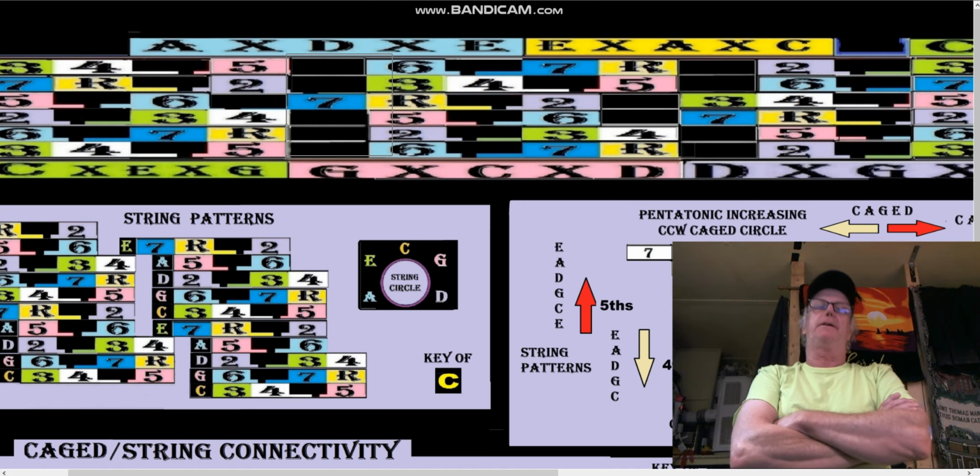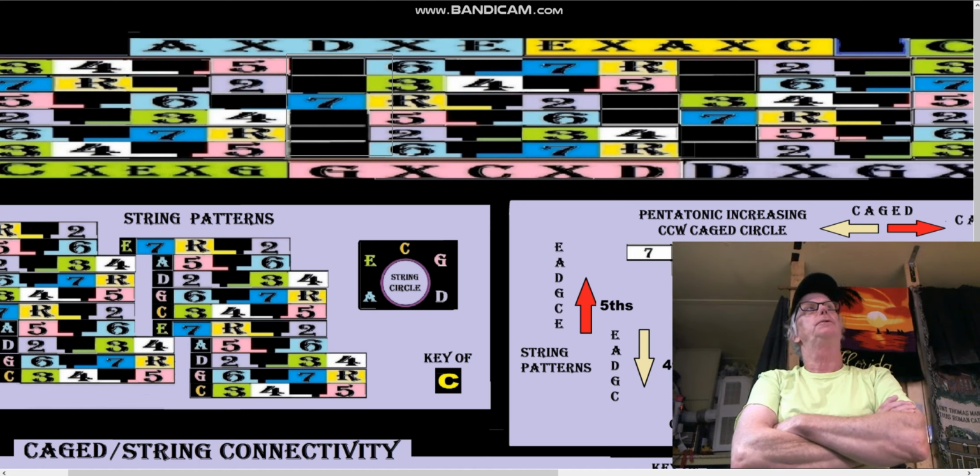So these things have to be practiced and learned, when doing a descending